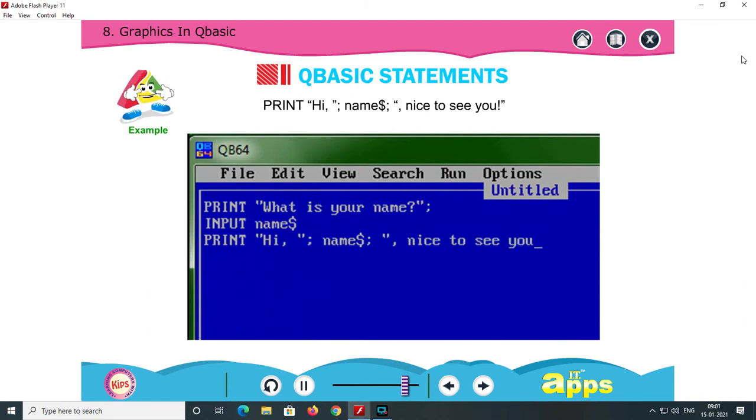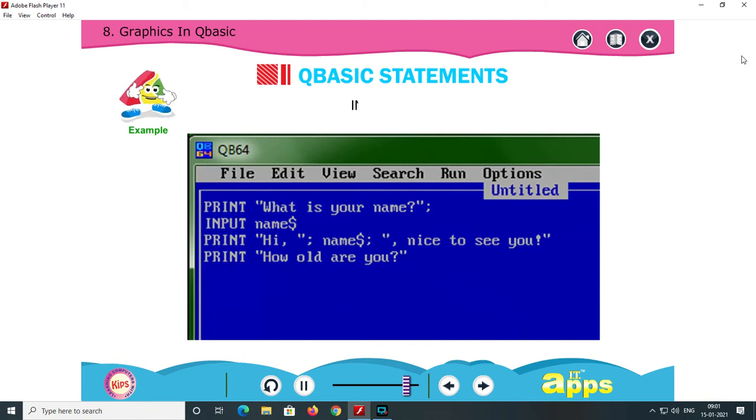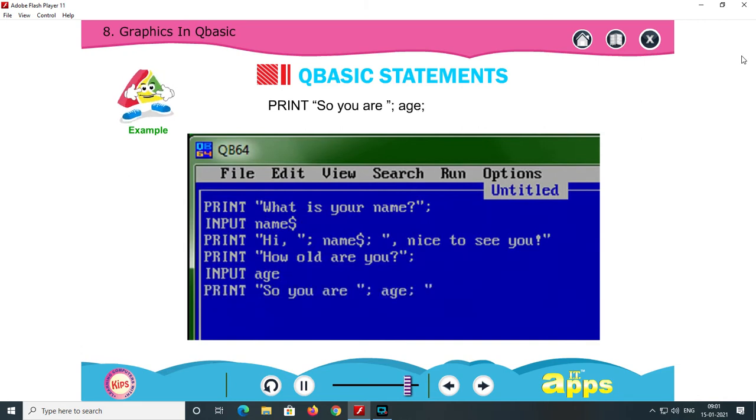PRINT "How old are you?". INPUT AGE. PRINT "So you are"; AGE; "years old!". END.